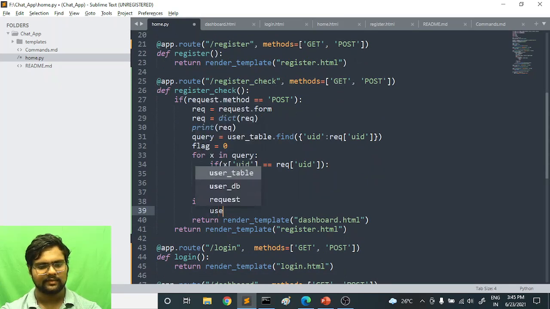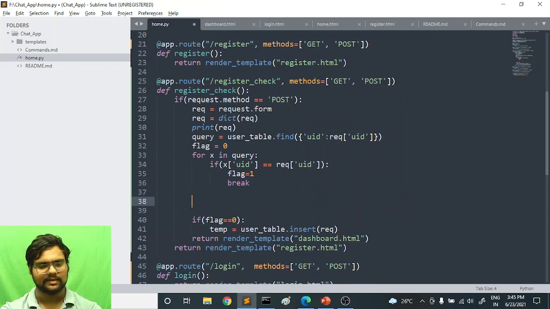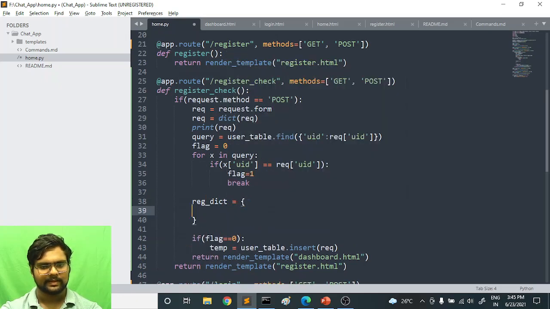For that we can use user table dot insert, so let me take some variable temp, and in that we are inserting the request. So let me first make a direct dictionary in which